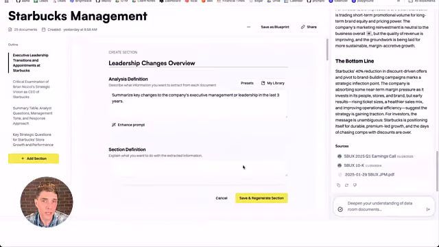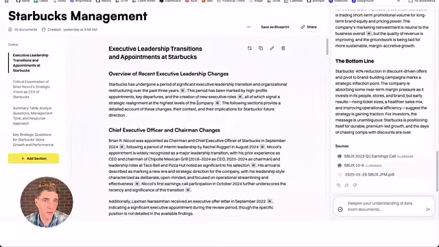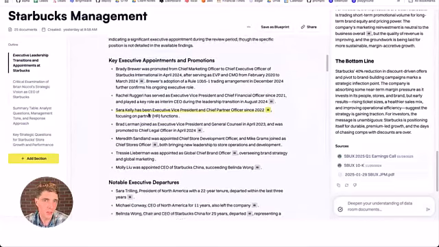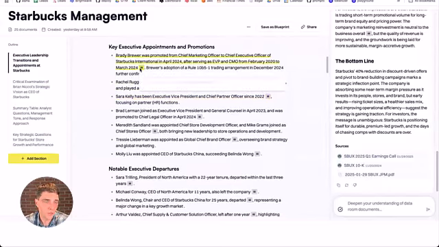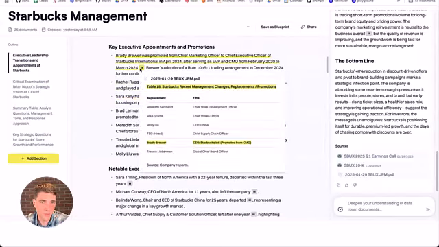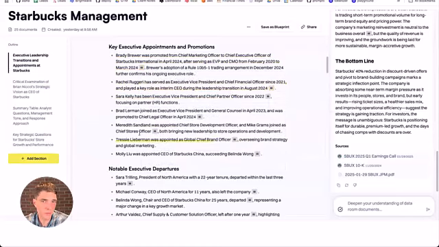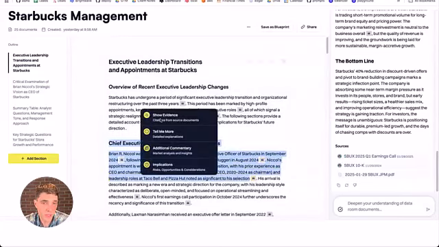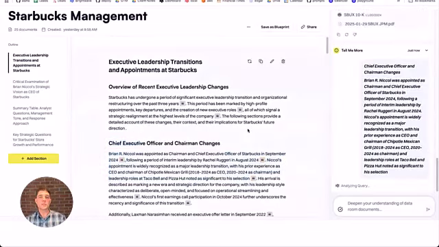I'm able to define these analyses and then in Brightwave produce this high quality, long form, deep research output. These findings have sentence level attribution to the underlying primary source. I'm able to understand where this information is coming from. I can highlight any passage and say, tell me more about this. And this is one of the places where a system like Brightwave is not a replacement for human judgment. It is the starting point for your decision-making process. And I can say, well, that fact is interesting to me.